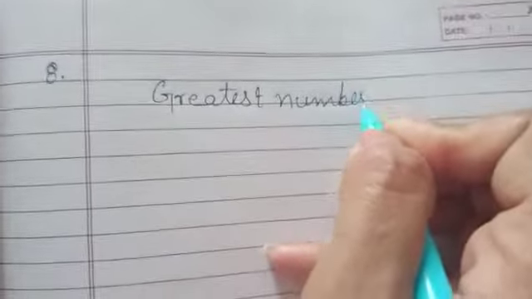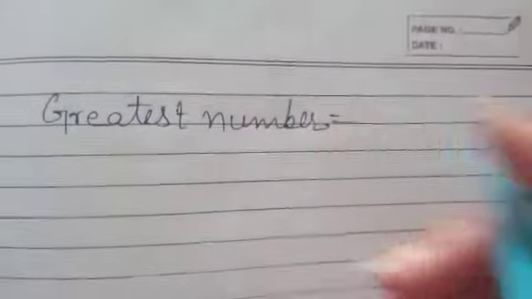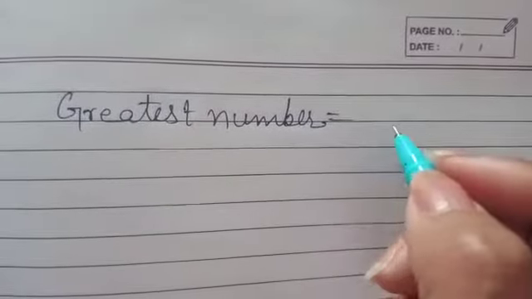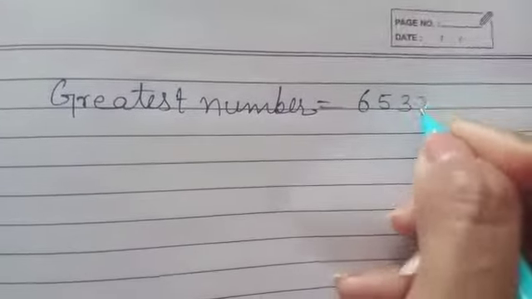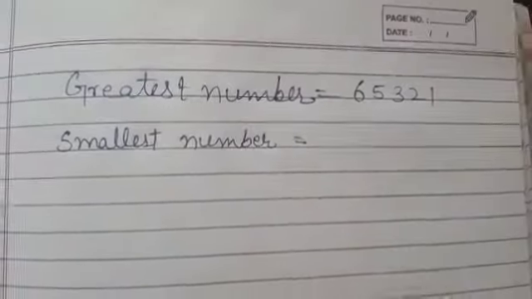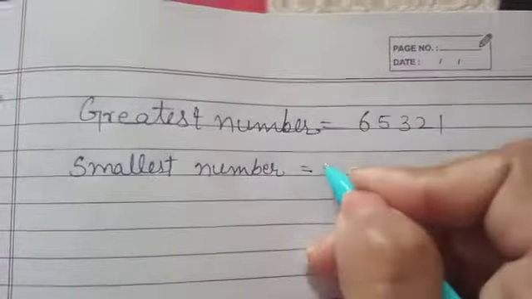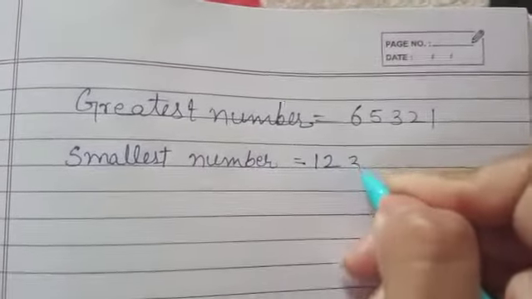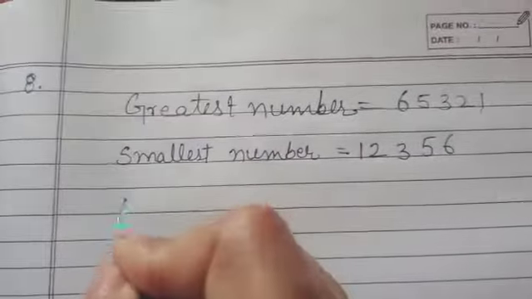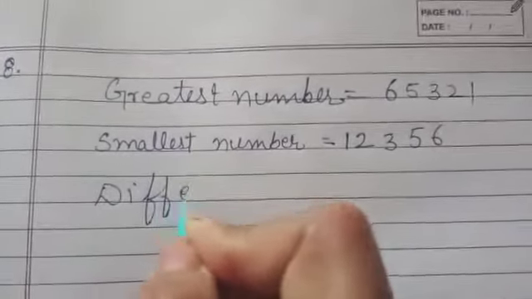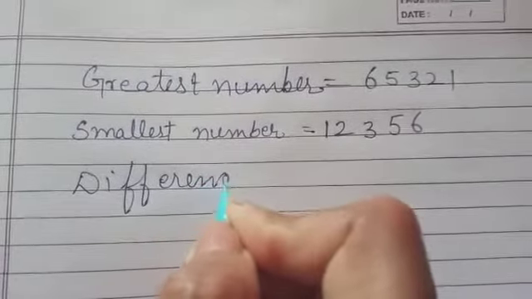So we can write the greatest number, that will be 65321. And the smallest number is 12356. Now as per the question we have to find its difference. So difference is,